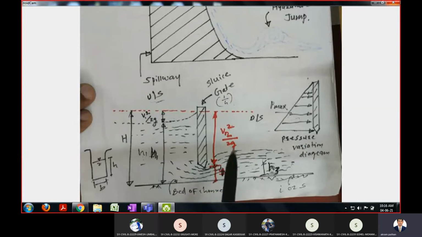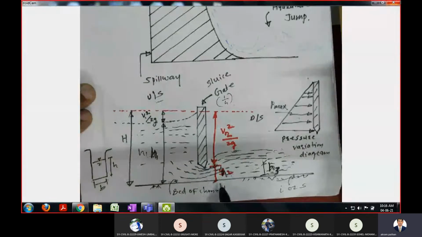So, for example, we require 10,000 liters per second of water by opening the gate. So what do we have to do? We have to open 1/4 gate and release the water on the downstream side in the channel for irrigation purpose. Now, when the gate is opened 1/4 for the first reading, what do we have to observe here? On the upstream side we have H1. What is this H1? H1 is the depth of the flow on the upstream side of the gate.